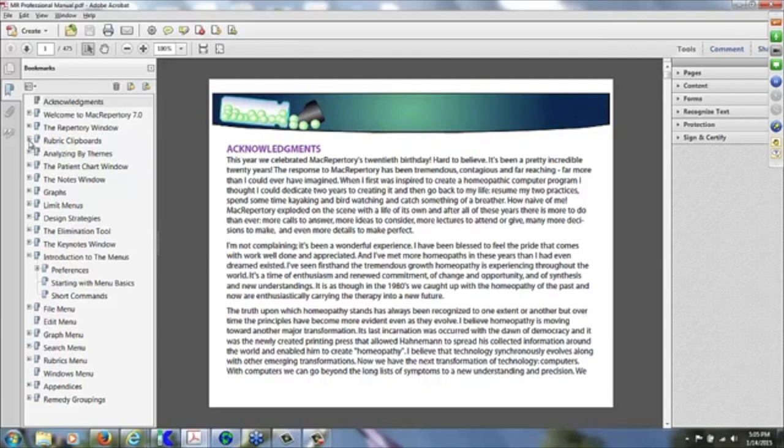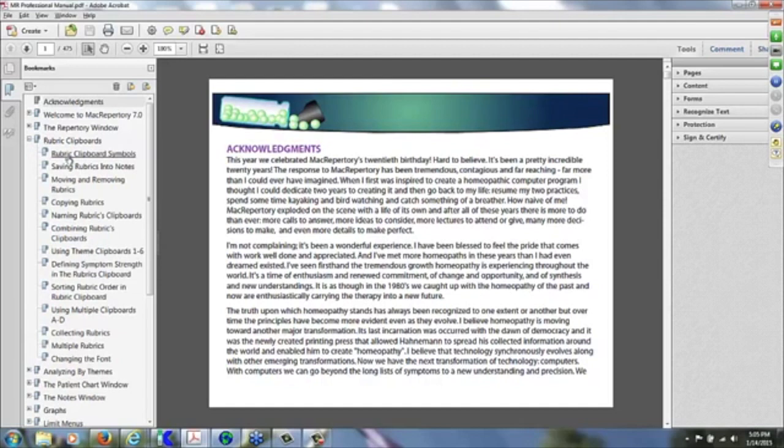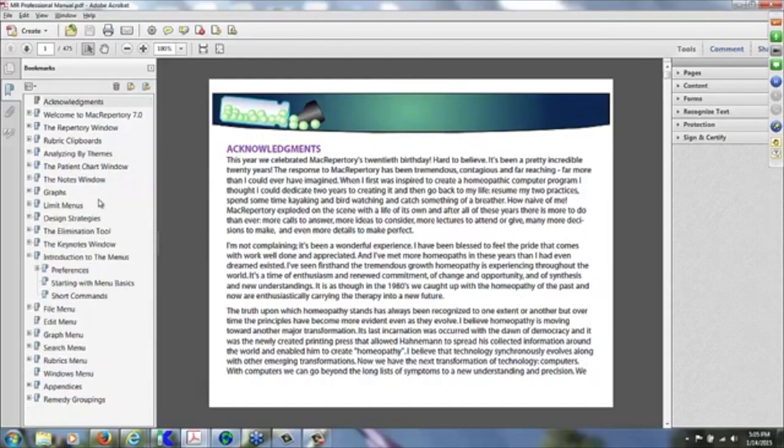menu item. So here you see a plus to the left of rubric clipboards, and if I click on it, it opens that up and it gives me the subheadings: rubric clipboard symbols, saving rubrics into notes, moving and removing rubrics, copying rubrics, and so on and so forth. If you want to close that back up again, you simply click on the negative and it closes it back up. So there's a table of contents, and you can simply try to find what you're looking for by looking